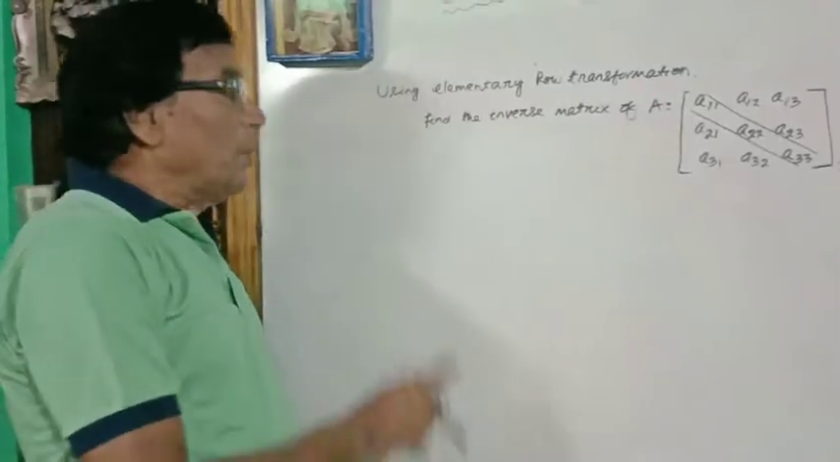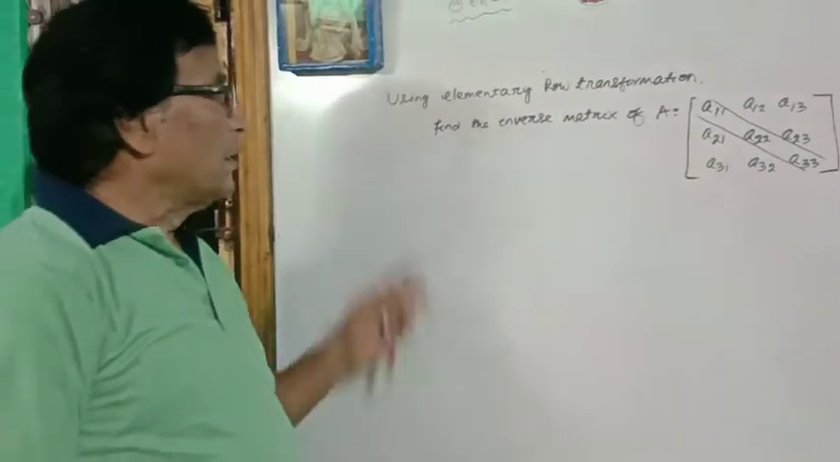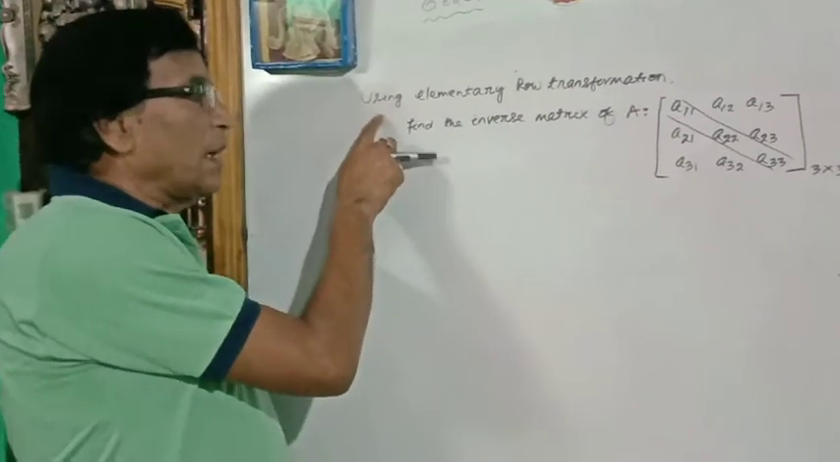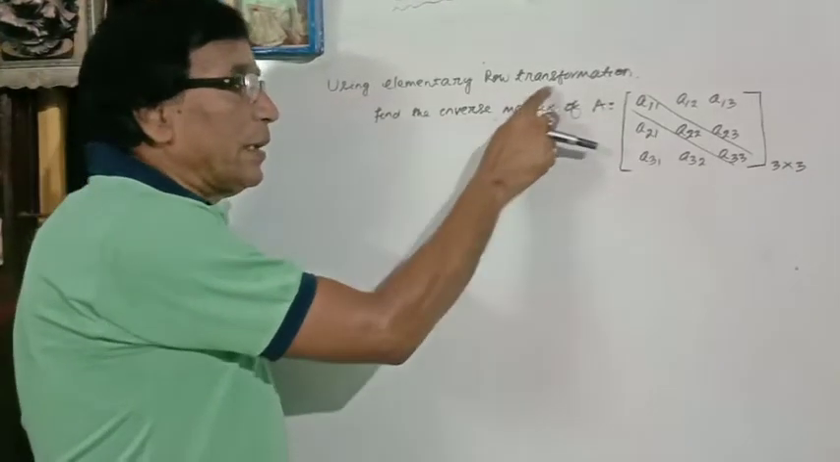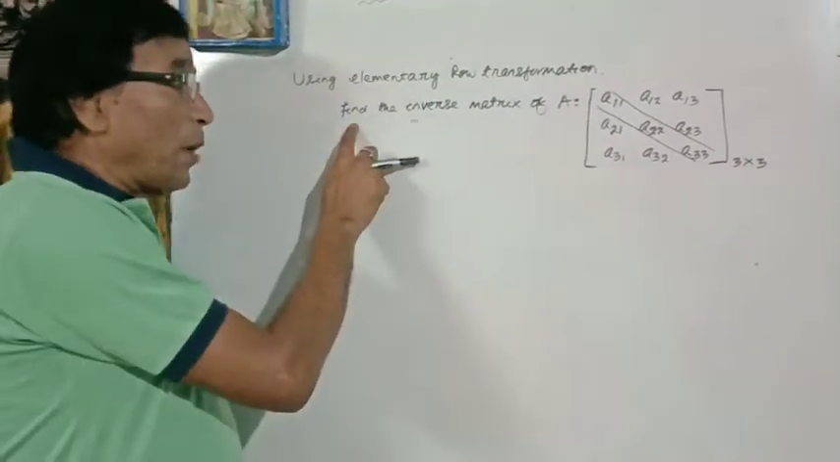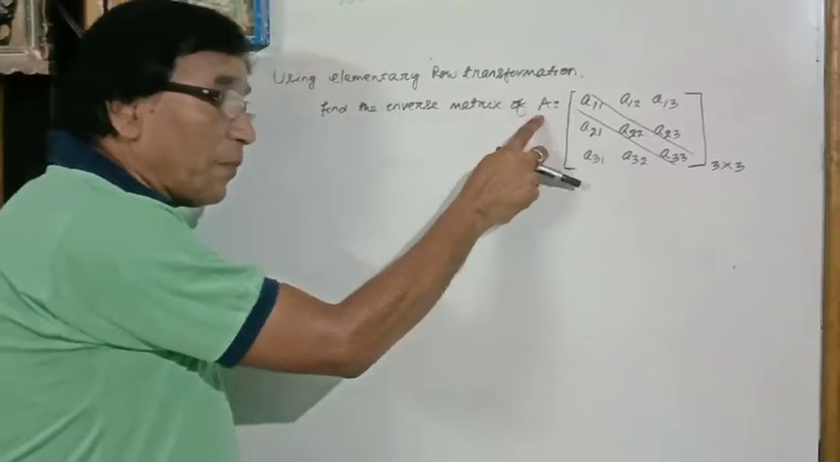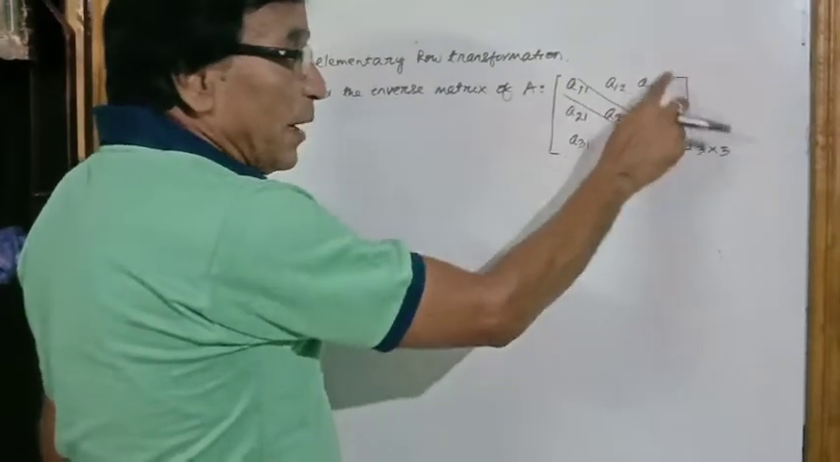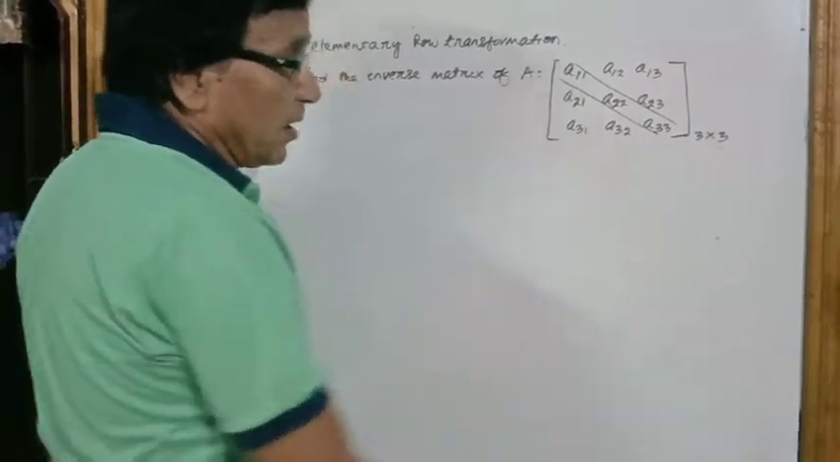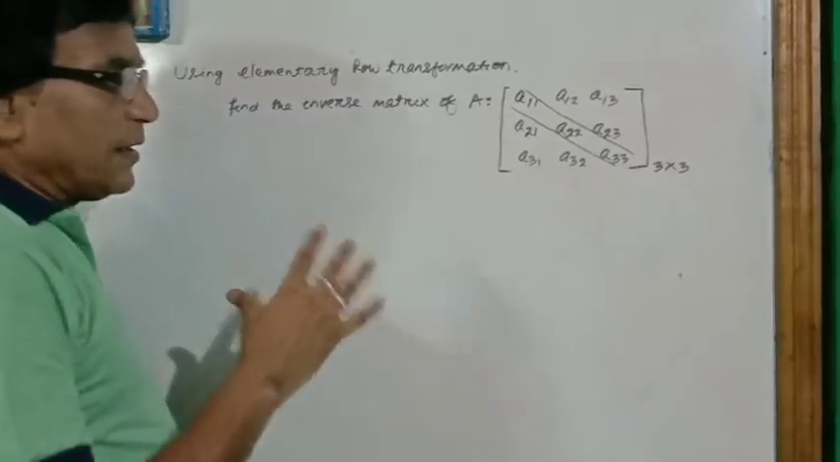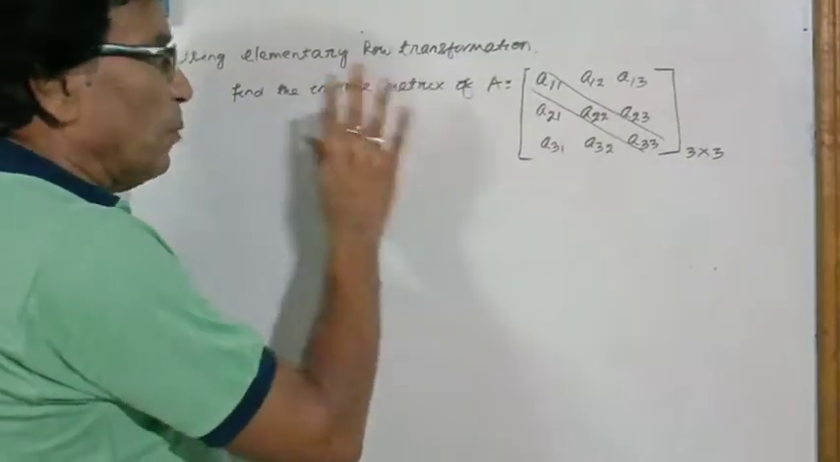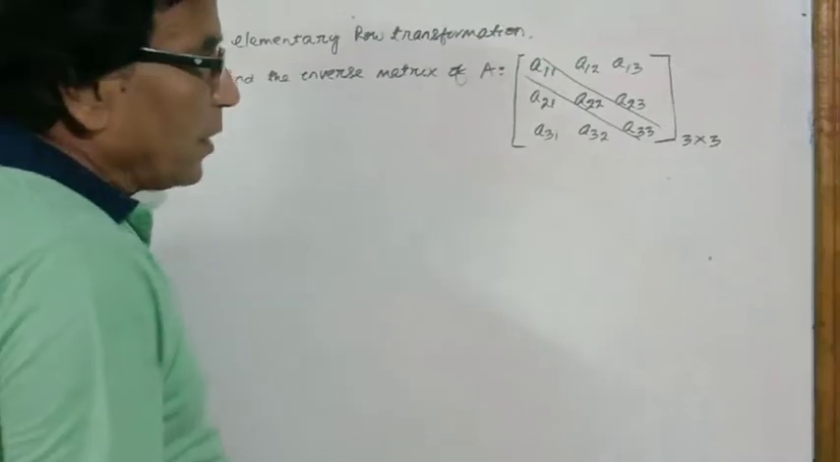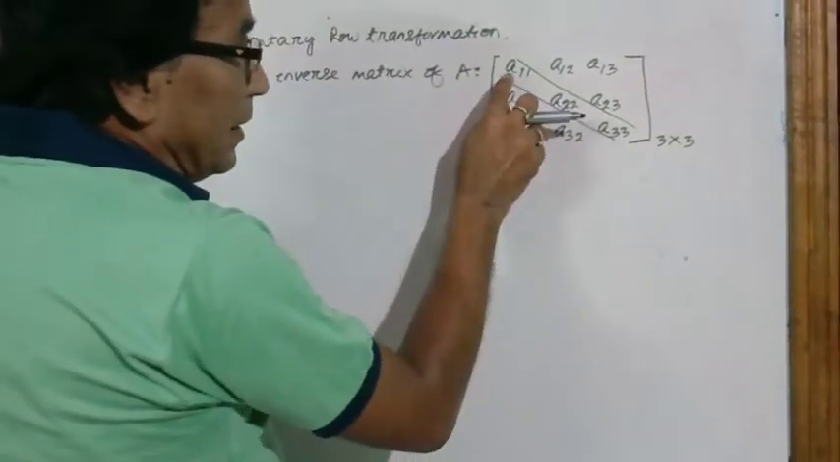Today we'll discuss the most important thing, that is using elementary row transformation. Find the inverse matrix of A, which is this matrix. It is a matrix of 3 cross 3. So what is the trick to find out the inverse matrix? For that we'll take